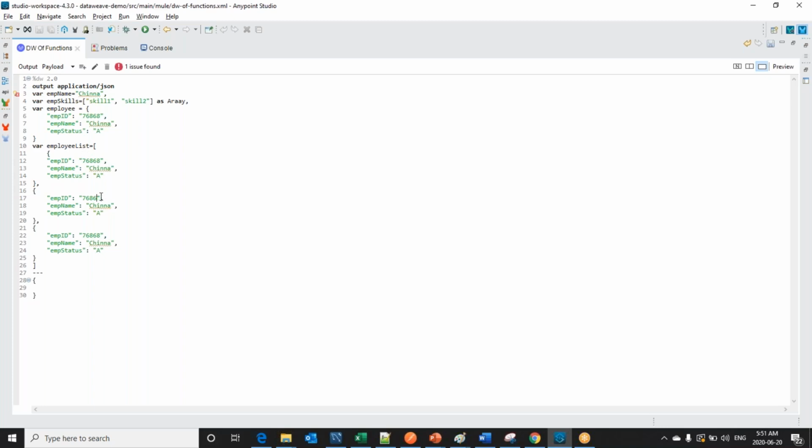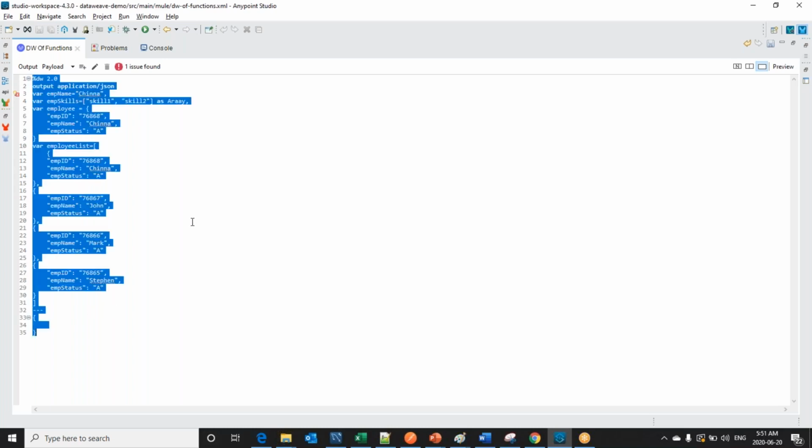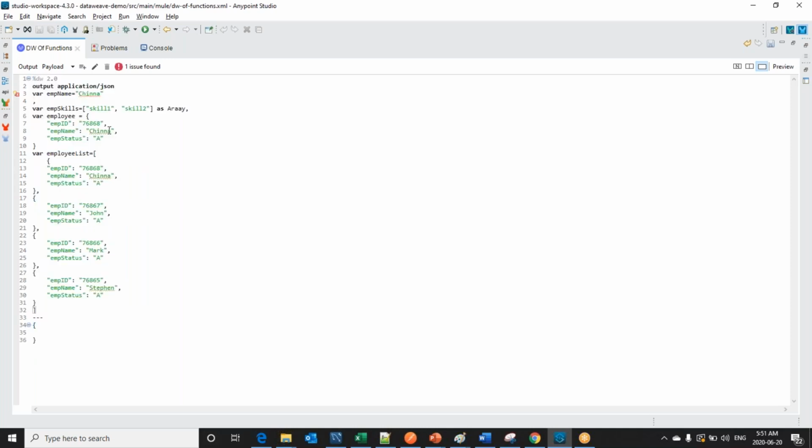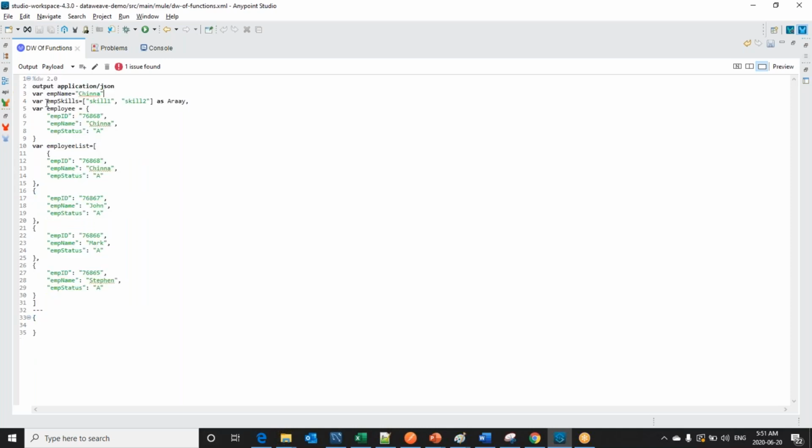Let me give it as some 7 and 6. Let me change some name as John, as Mark, and let me take one more object as some name like Stephen, and it should be 6, then it should be 5. So this way we can choose the fields, then we can get the size of each and every.